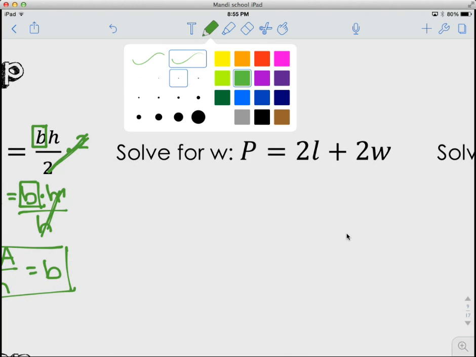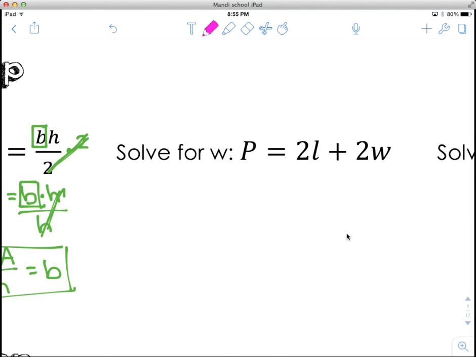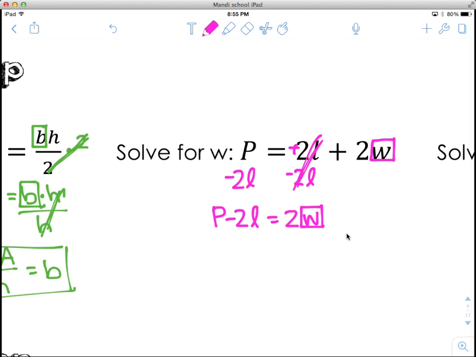This one says solve for w. Here's w. So we actually have to take care of this first, the 2L. Remember, there is an invisible plus sign in front of it, so we need to subtract 2L from both sides. So we have P minus 2L equals 2W. Here's my W. Now that's 2 times W